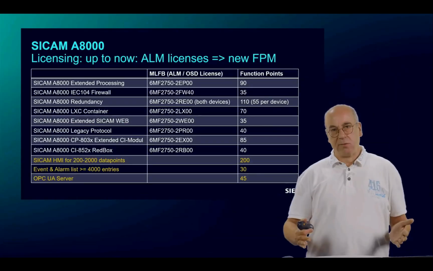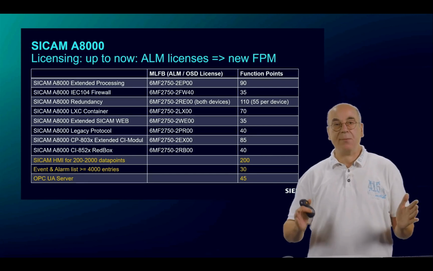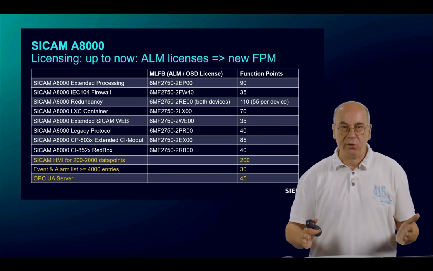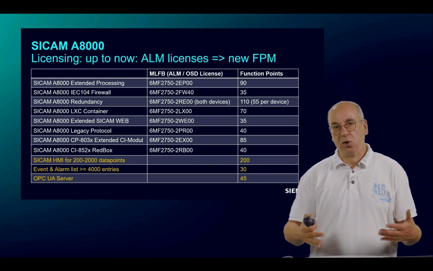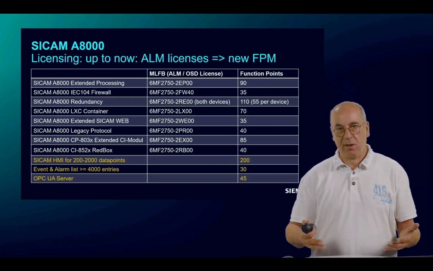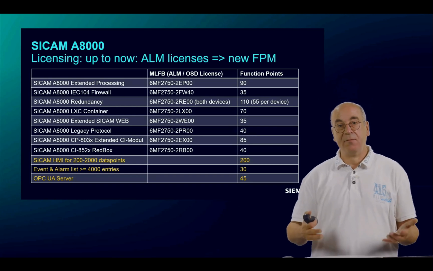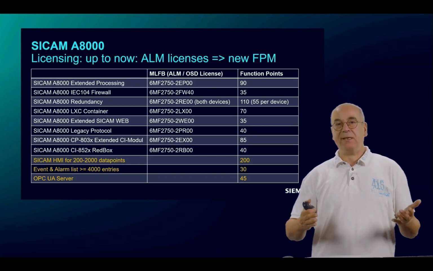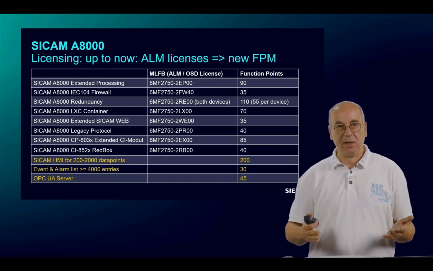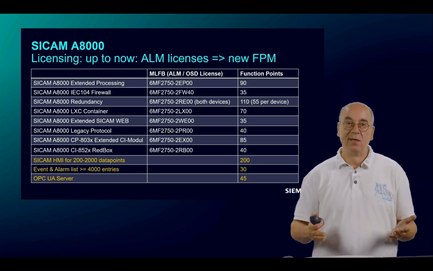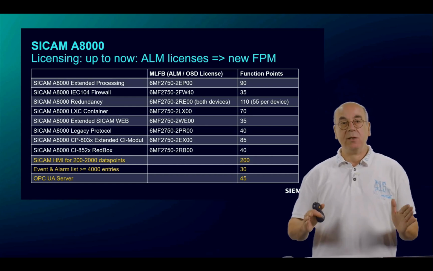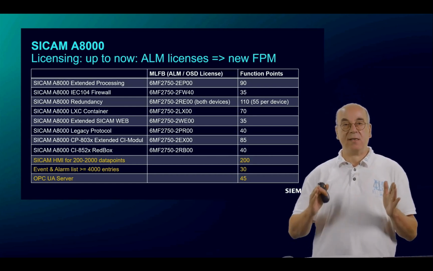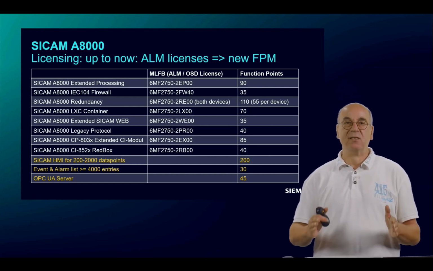With the introduction and the release of the new SICAM 8 Power Automation platform, we also introduced a new way of licensing special functions that do not come with the basic functionality. That was, or is, the SICAM Function Point Manager. I demonstrated the workflow for this new way of licensing in our last webinar and will therefore not go into detail again today. What can be said is that for the SICAM A8000, the licenses that existed before the release